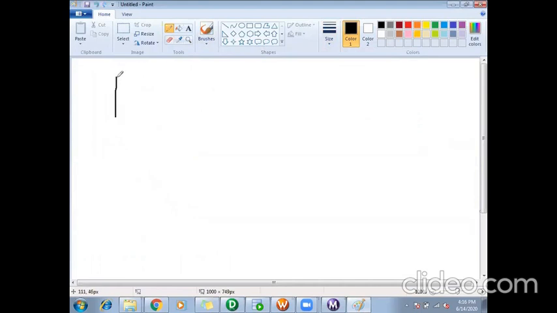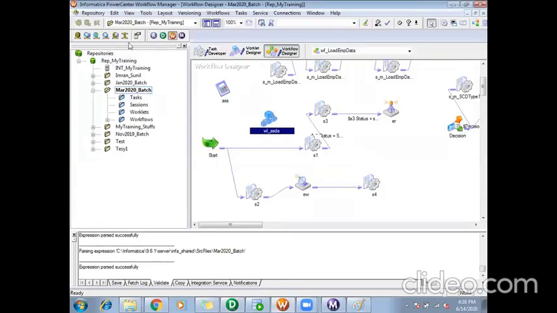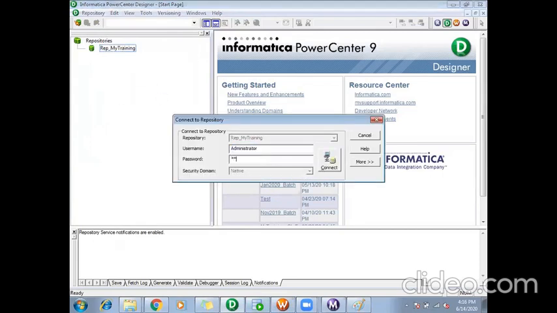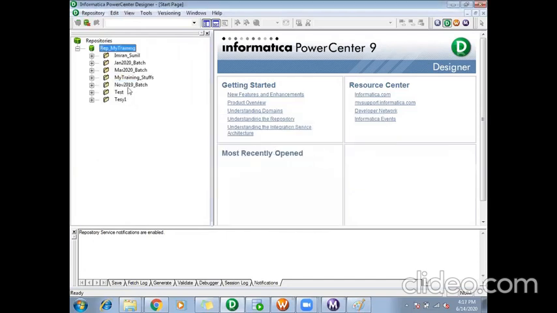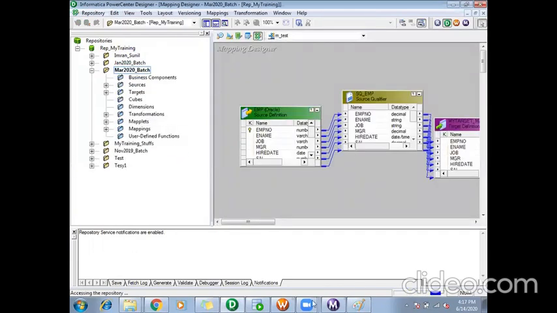What all do we do in the designer? We create mappings.